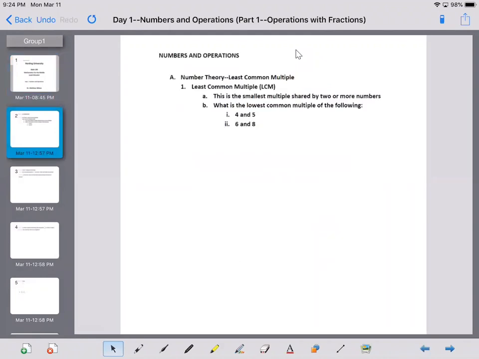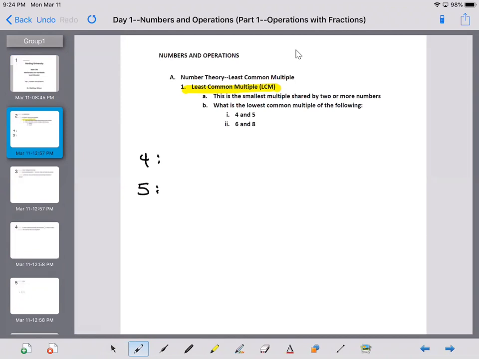In order to work with fractions and adding and subtracting fractions, a key component is having the same parts. And so we're talking about denominators. When we're talking about that, we're thinking about the least common multiple. And ways that we can find the least common multiple, we can certainly list our numbers out, which is